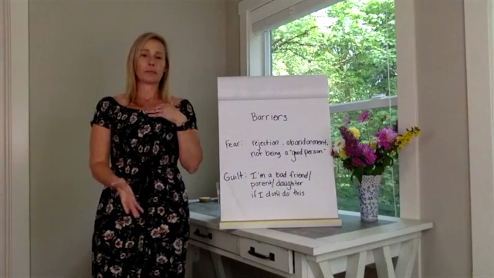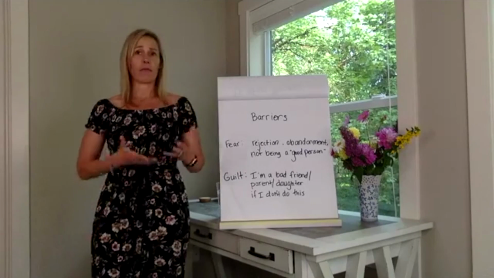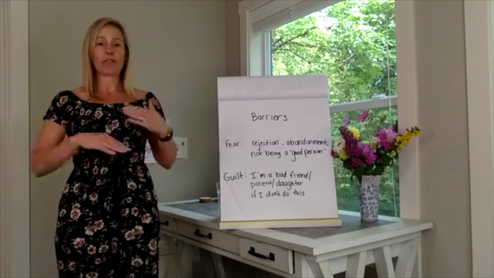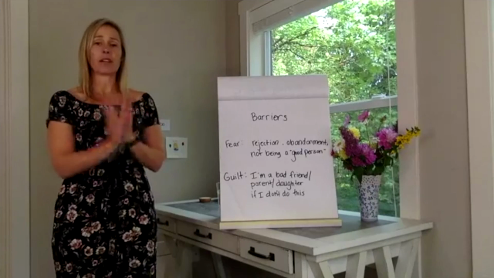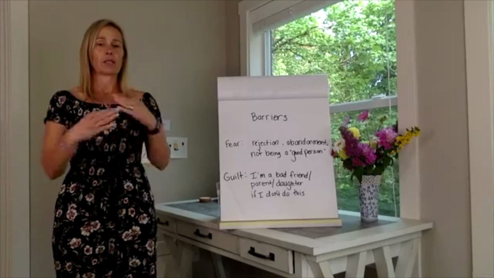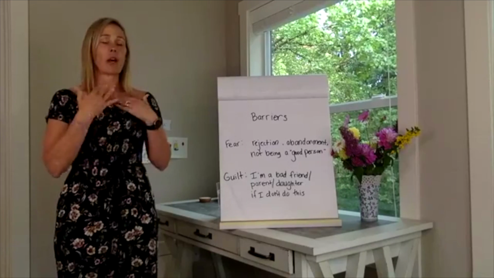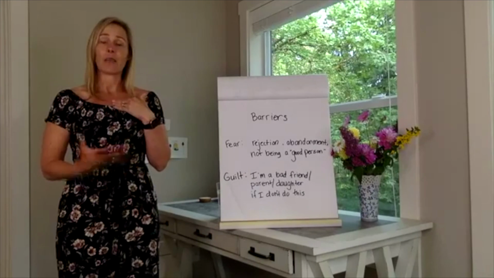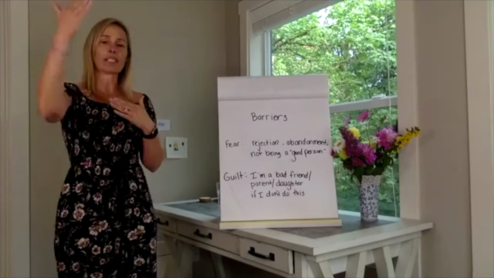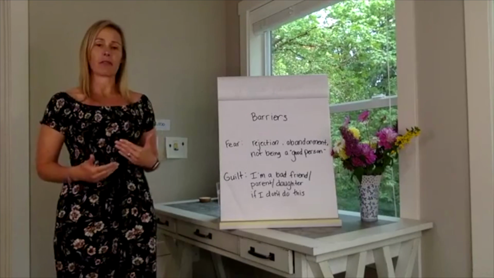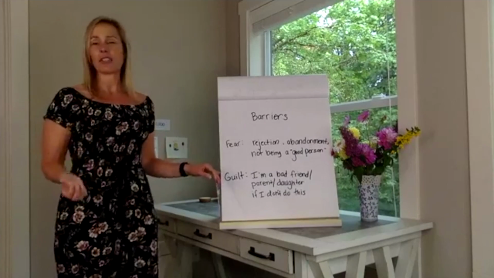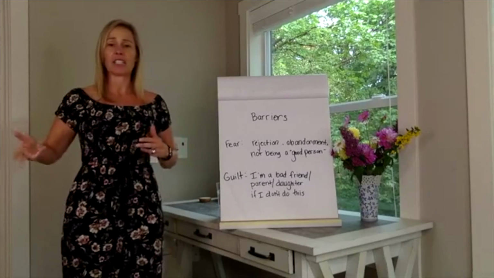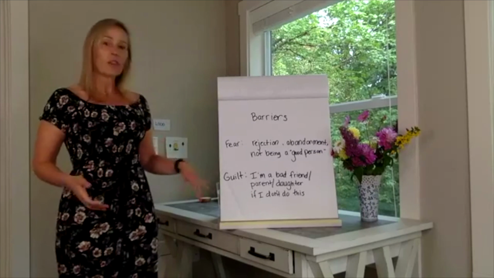So back to examples. My daughter is very emotionally needy, and I didn't even realize that I was doing this. We had a very codependent relationship. My happiness was tied in with hers, same with hers and mine, because we were feeling each other's emotions all the time. And so I was constantly worrying about her, so much so that I started developing massive anxiety. But it wasn't my anxiety, it was hers. So I wasn't putting boundaries up there to protect myself. And the reason why is because if I ever said no, or if I ever didn't do the thing that I thought I needed to do, or always there, or whatever it was, I felt guilty.